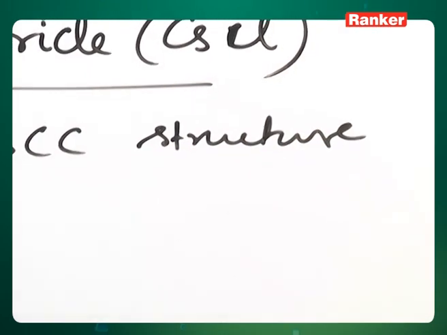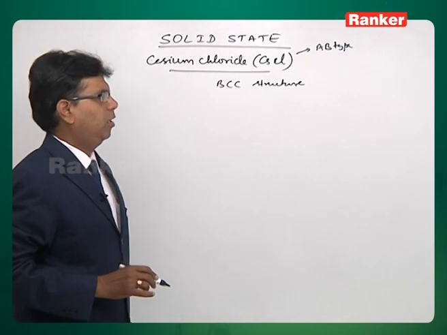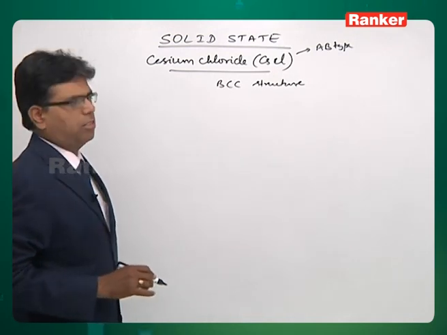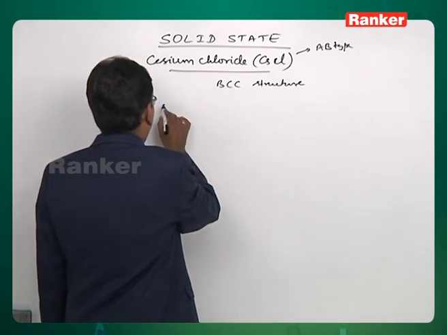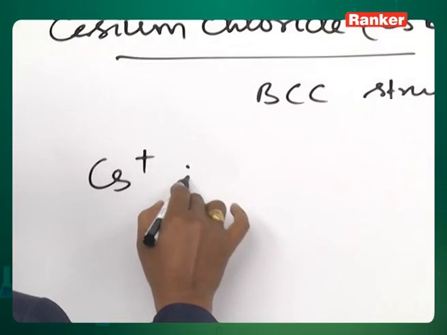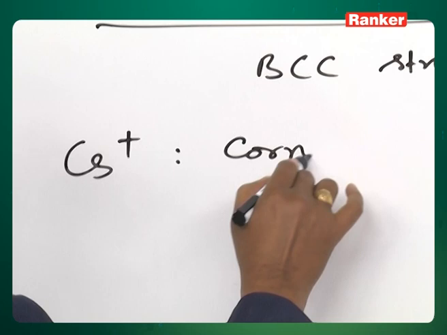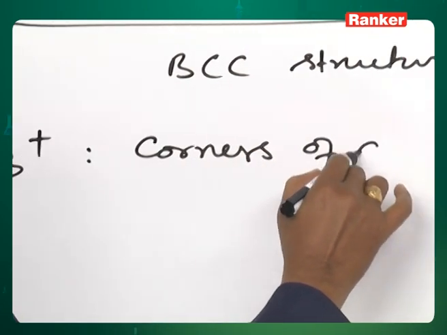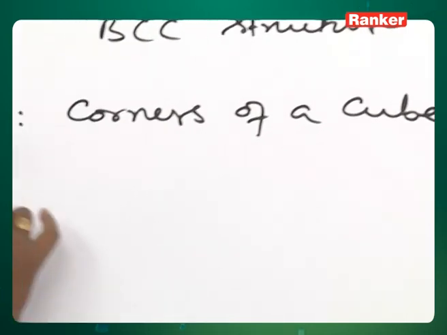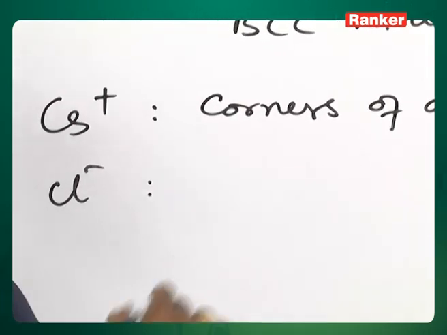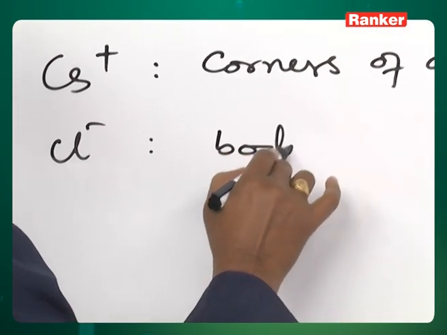Earlier AB, what we have discussed, the lattice is the FCC lattice, but this is now BCC lattice. Here cesium ions are at the corners of a cube and chloride ions are at the body center,